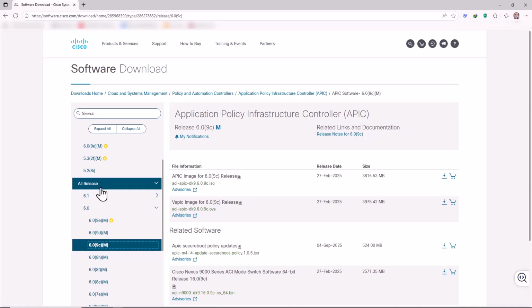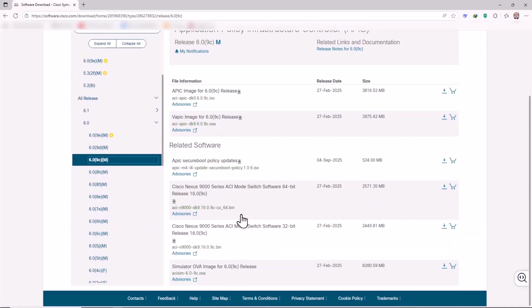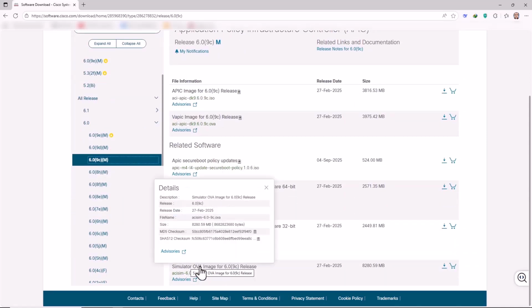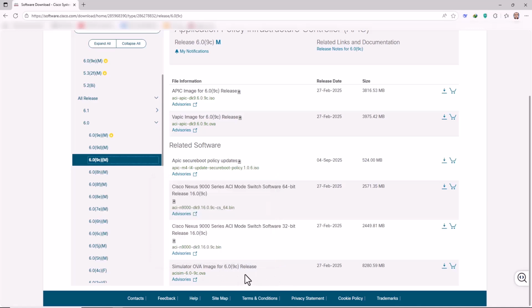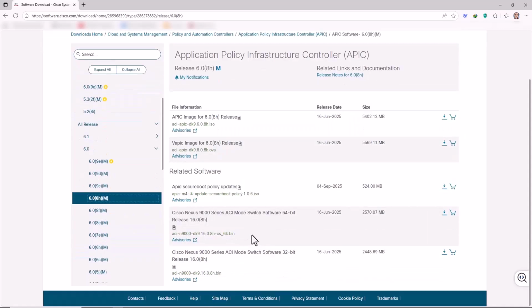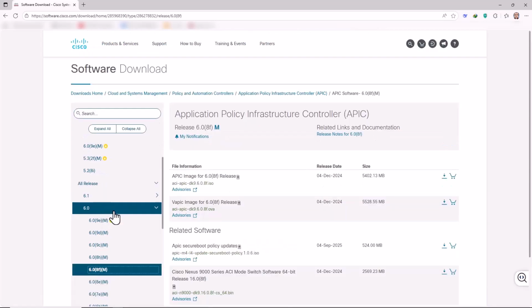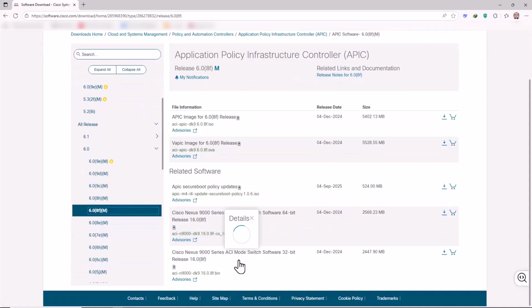Let me see which one it is. Here it is, Simulator OVA image for 6.0.9c. This is the one that you're going to download. As you can see, this is like 8 gigabytes, of course, a little bit bigger than what I have. The other versions may have this, but I believe that for version 6, you're going to be stuck with